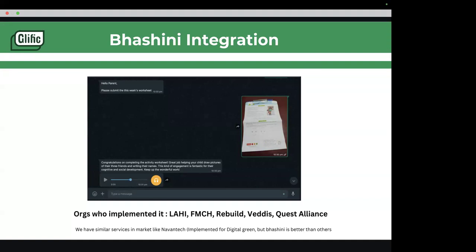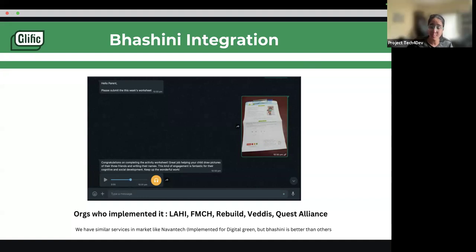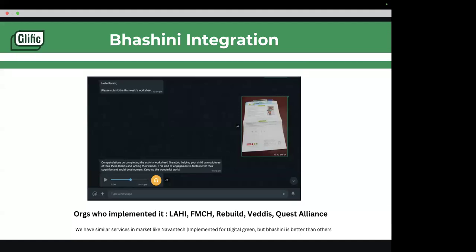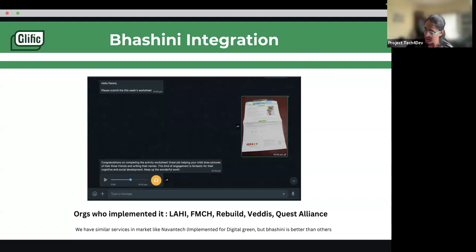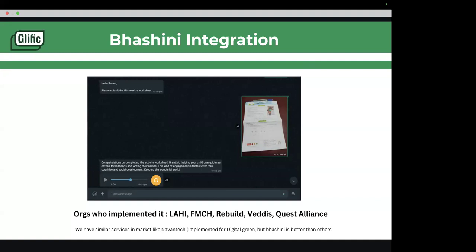Okay. Yeah. And one thing which we will do post call is we'll also send you a demo flow of Bhashni integration. So you can import it in your respective platforms and try it to see how it is working. So that you can also play around and see if it's working as per your requirement or not. That will be really helpful. Yeah, I will share that post call, along with the recording of this call. Okay. Cool.